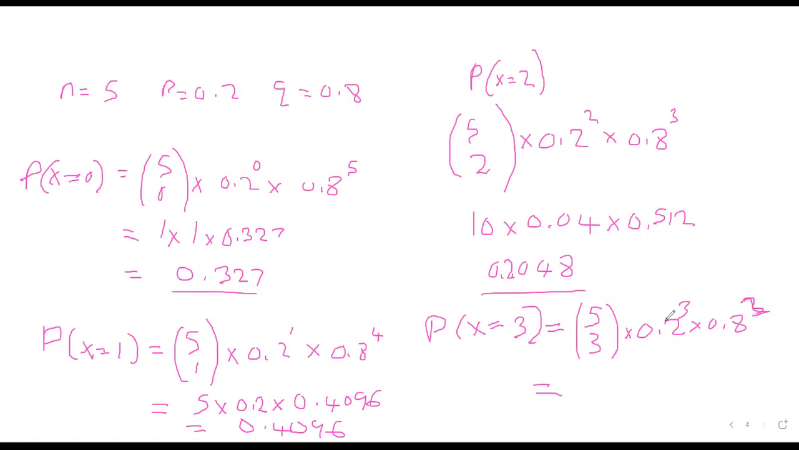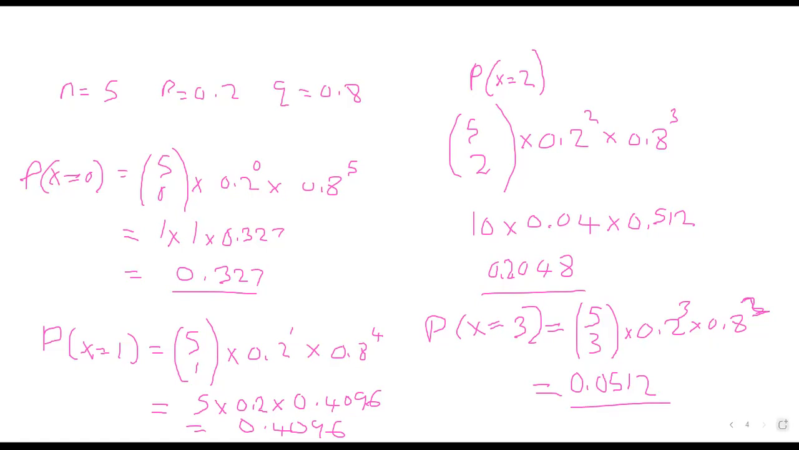The answer is 0.0512. So this is how we find the probability of x is equal to 3. Then now we want to know what it means